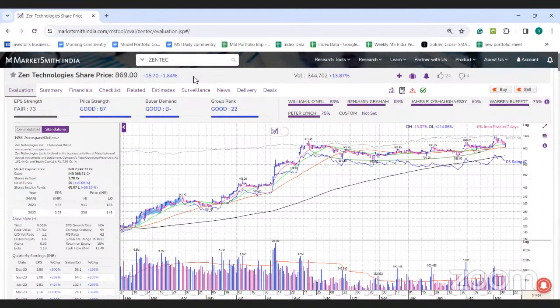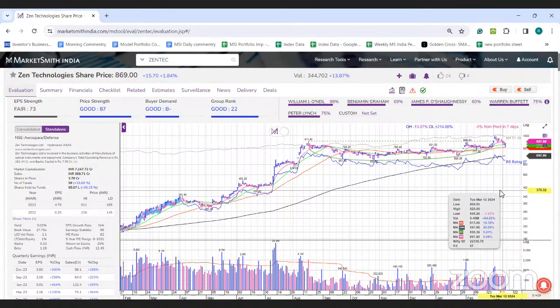So currently it's forming a cup base or a saucer kind of base at this moment, and the breakout wasn't that successful for the stock, but the stock found support at its 50 DMA, and even volumes are kind of better at this moment. The last 4 to 5 quarter results for the stock have been very good. Fund holding for the stock has been increasing. ROE at 15% is still very good for the stock. So what we probably suggest is that